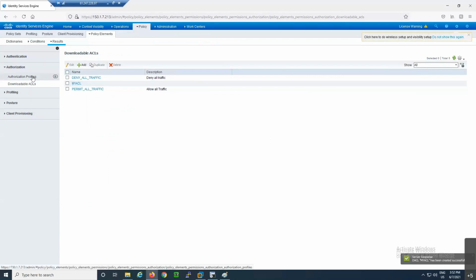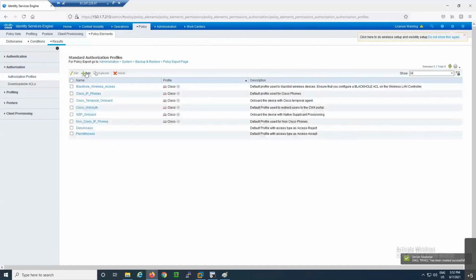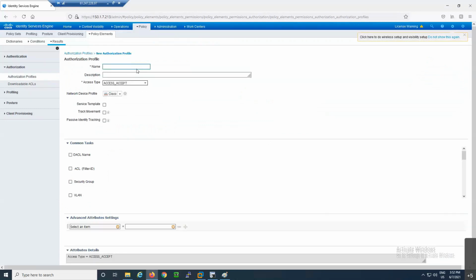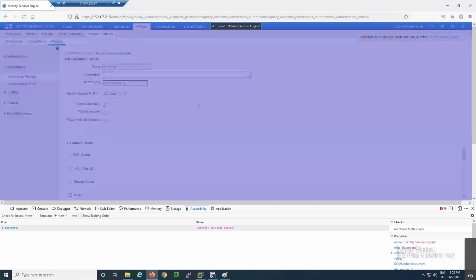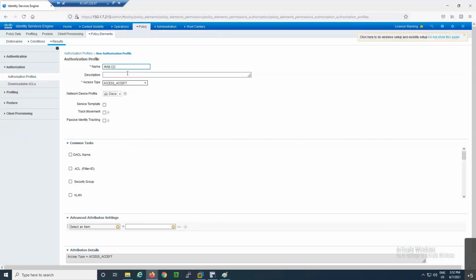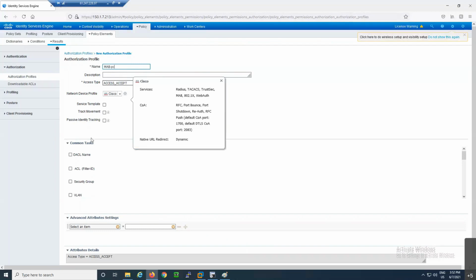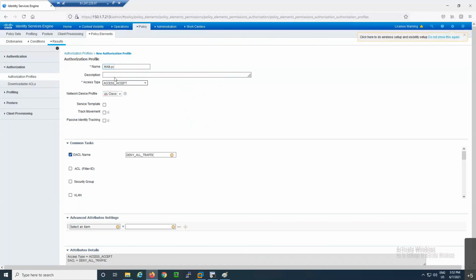After this, I will go to authorization profile, and I will create an authorization profile. You can give any name like MAB PC. And here I can call the DACL name. So here the access type is access accept.